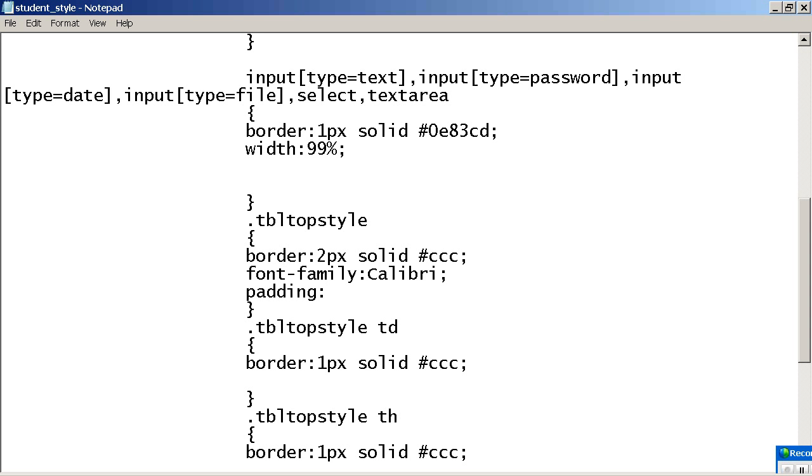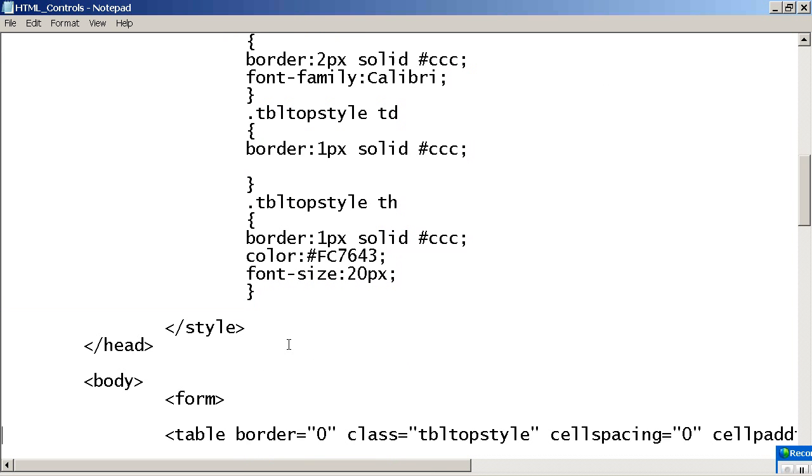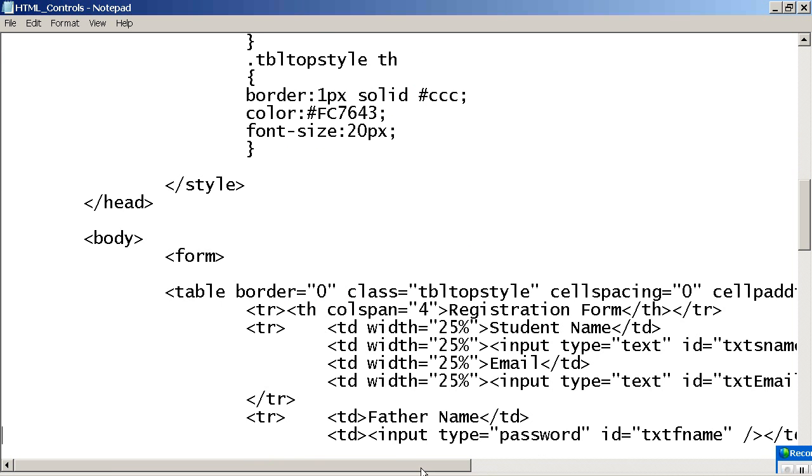I want a padding of 5 pixel top, 10 pixel right, 0 pixel bottom. If you want, various things you can do. Are you understanding? Okay. Now go here and just remove the cell padding.